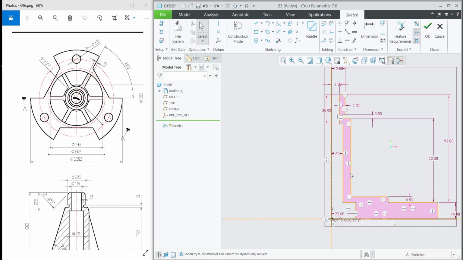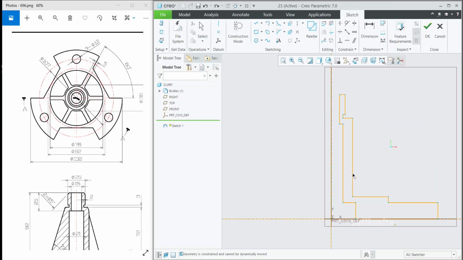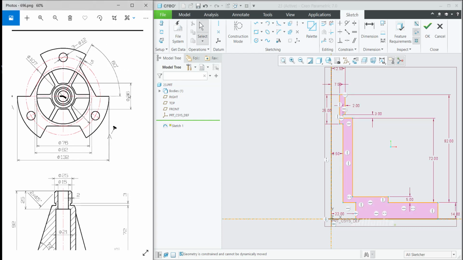So we need to mention this edge over here. So only this edge is not having dimension. As you can see, this inside diameter is this one. So it is having diameter of 36. So half value we need to give that is nothing but 18 mm.